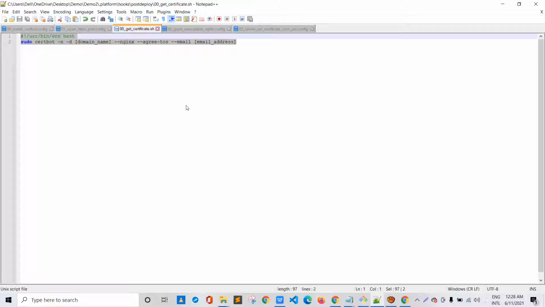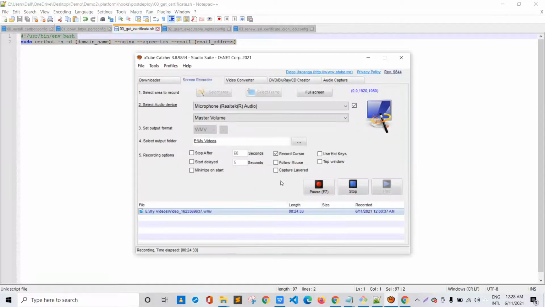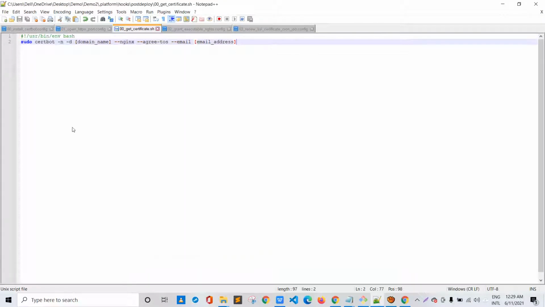So we'll be using the postdeploy folder as we want to implement our SSL certificates in them, and we want our SSL certificate to execute or remain on the executable path. So we'll be running this command that you are seeing on my screen at the postdeploy stage, because we want our Certbot Nginx configuration to remain every time we update our application. So yes, this is perfect.